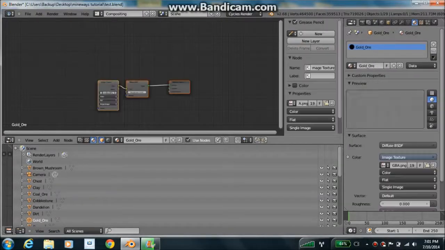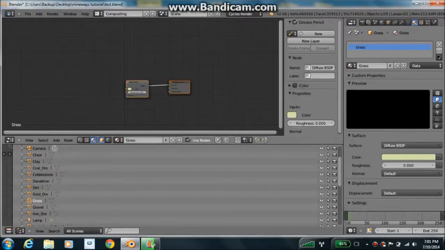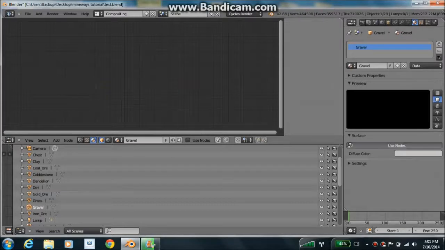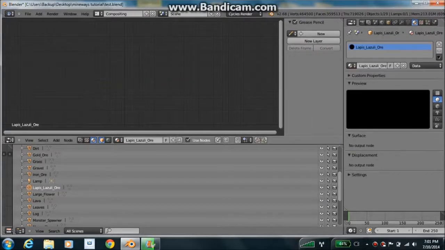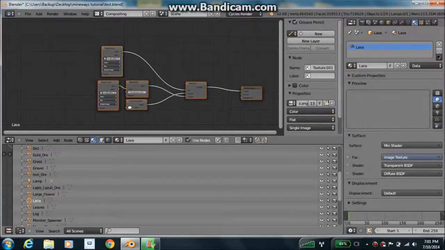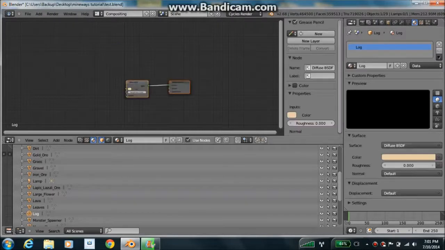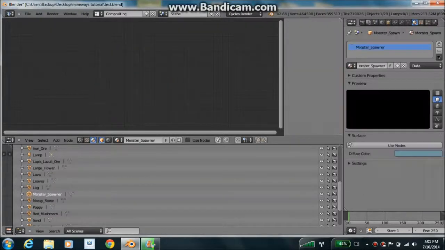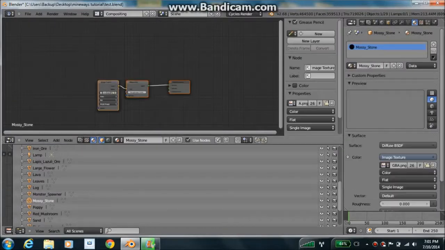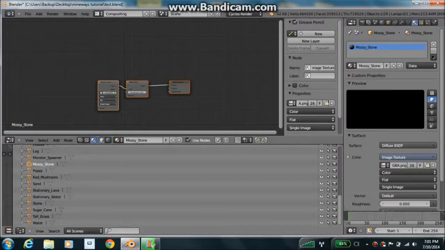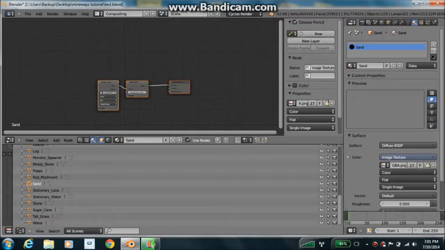So you also want to use the same plant one or compositing for the doors, like a wooden door or something, or a glass pane. Anything that has some transparency in it. Sand, stone,